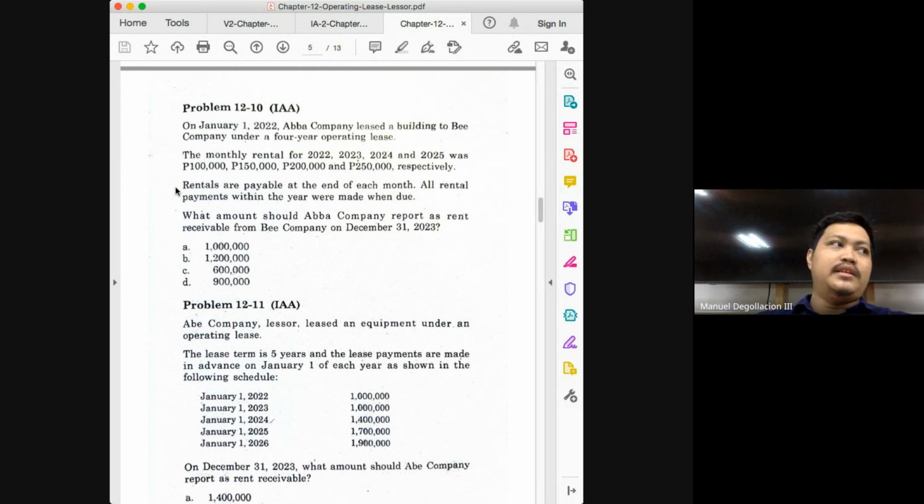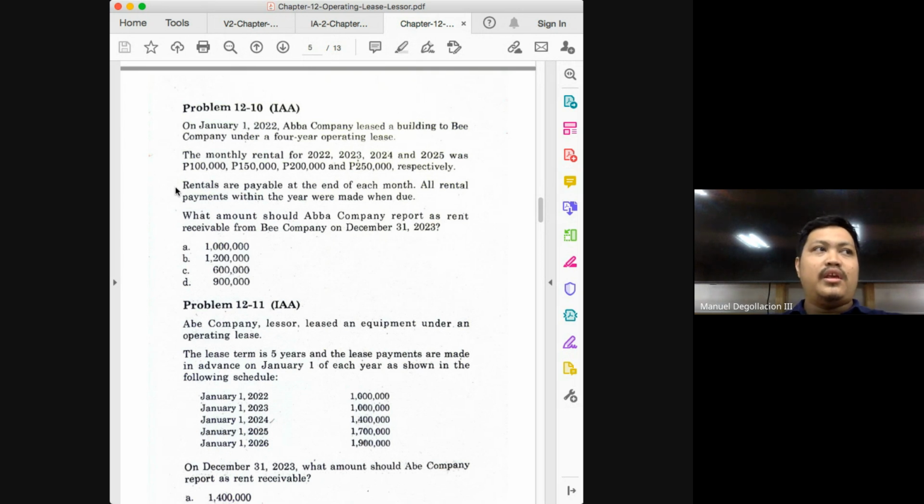So normally if the lease is short term, if the asset will revert back to the lessor, then we will be treating the lease as an operating lease. An operating lease class is one of the easier topics, not just for lease, but in your entire intermediate accounting. Basically, you just add everything, spread it out evenly, and that's it.